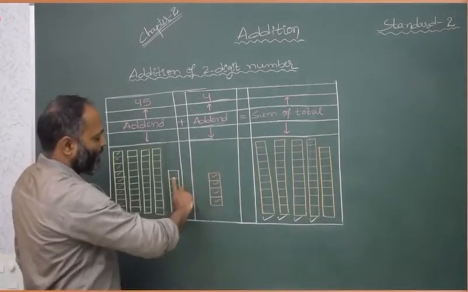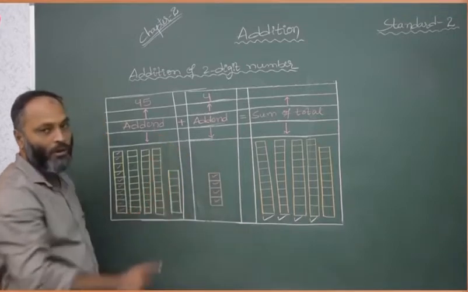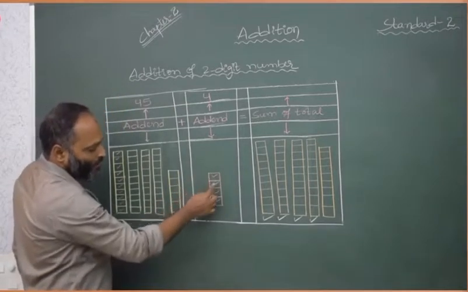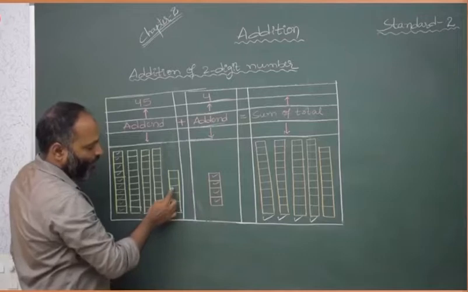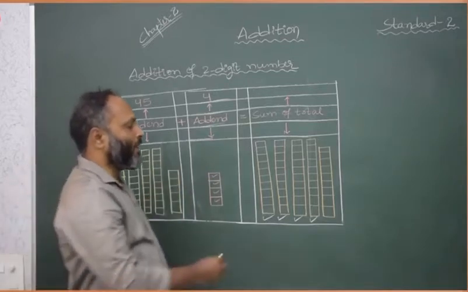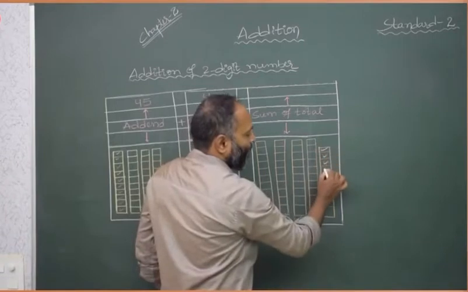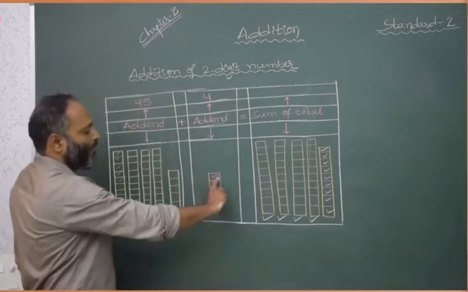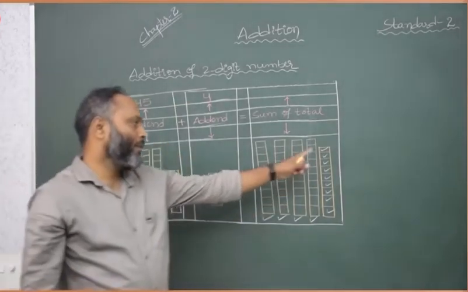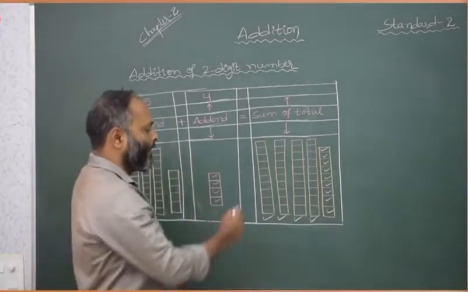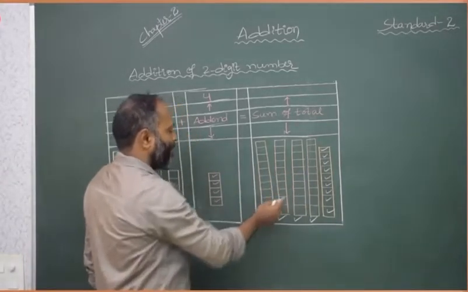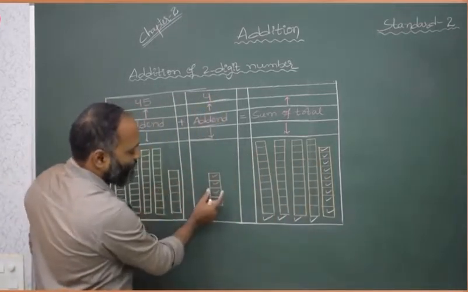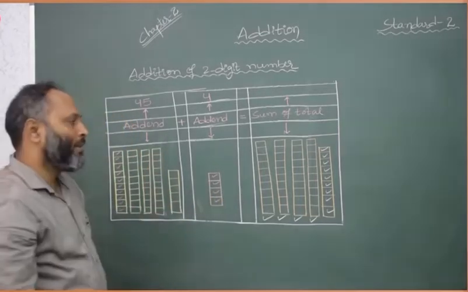So we keep this block onto this block. Then we form this block. Here the total of incomplete blocks: 1, 2, 3, 4, 5, 6, 7, 8, 9. So this block we have to keep on this block. Then we get total 9. Now this is 10, this is 10, this is 10, this is 10. The 4 complete blocks stay as they are, and of these 2 incomplete blocks, one block we keep on the other block. So then we get 9 total.